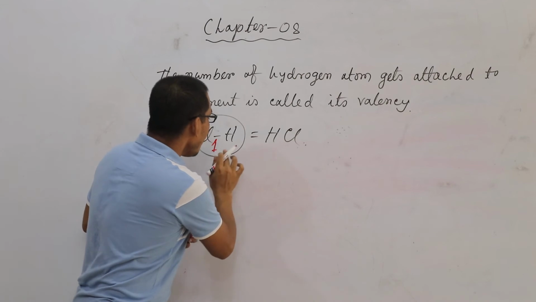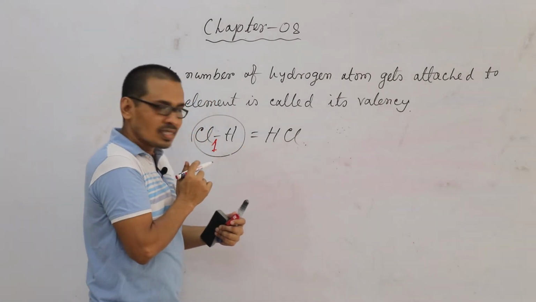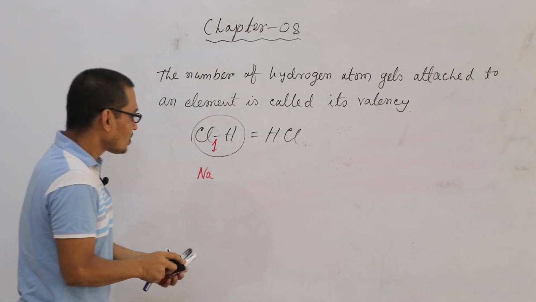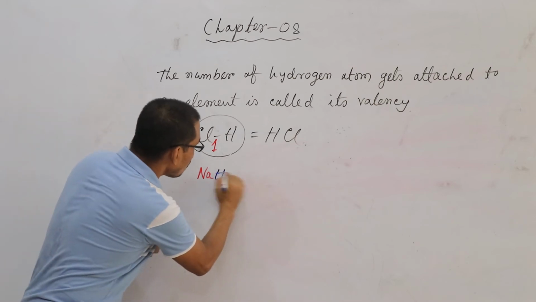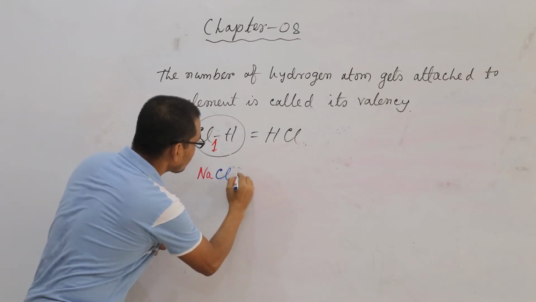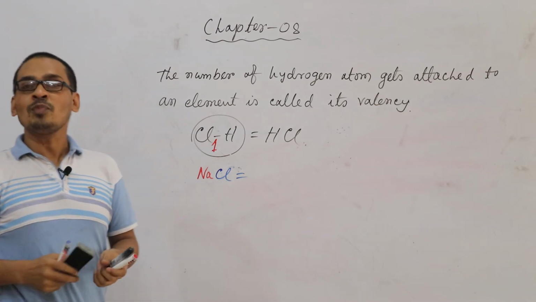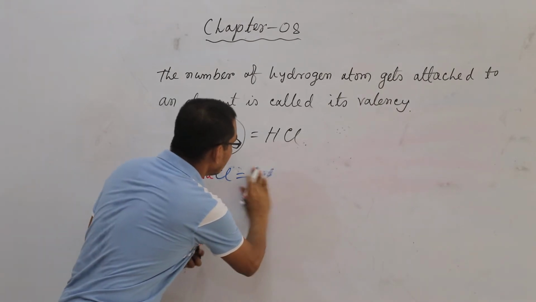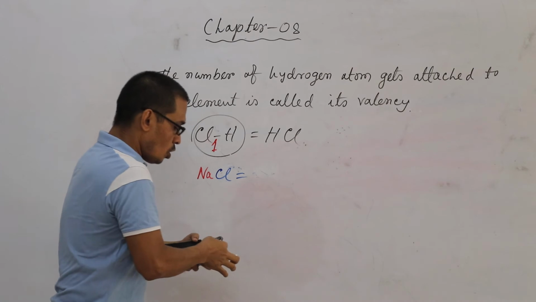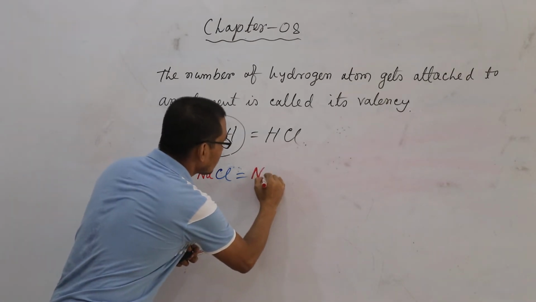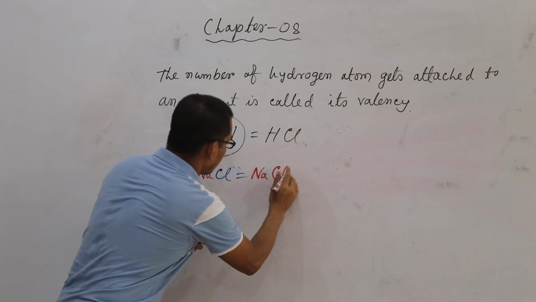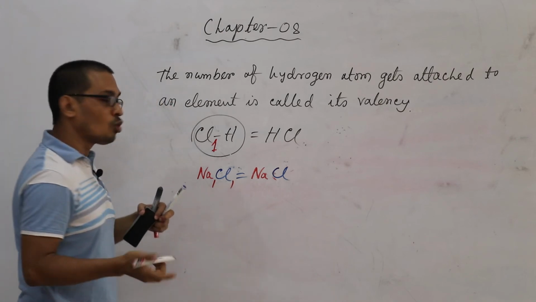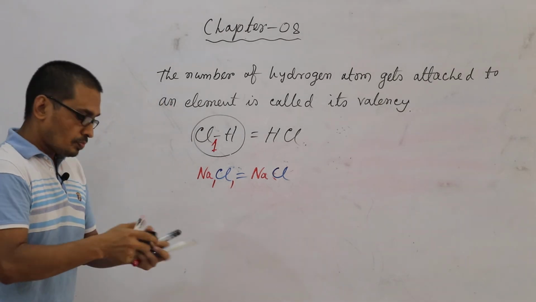Now, as the valency of chlorine is 1, sodium can get attached to one chlorine atom. What will be the valency of sodium? So the valency of sodium will also be 1. Here the valency of sodium is 1 and chlorine is also 1. Now